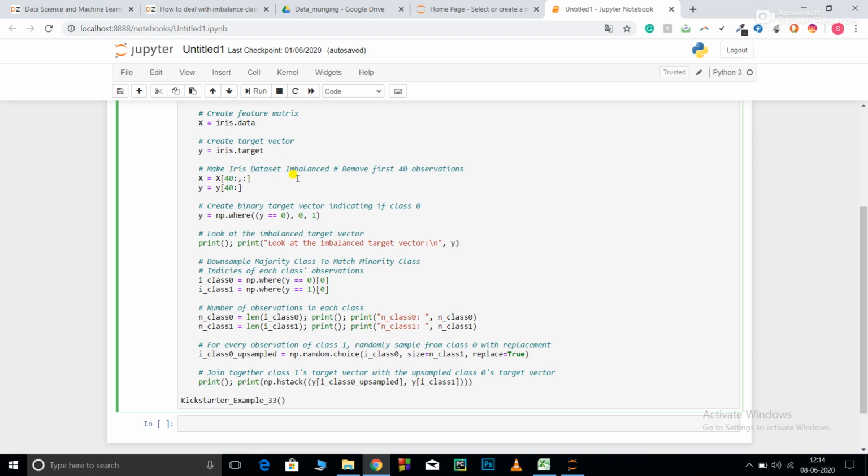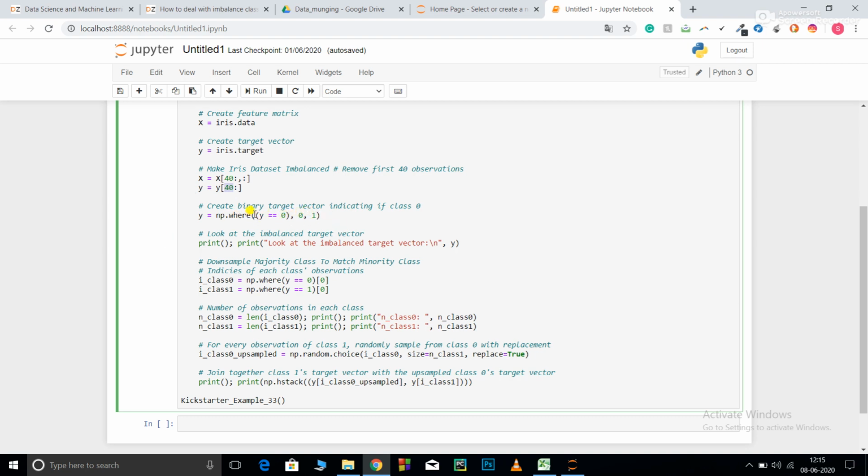Here I'm removing my first 40 observations: X[40:,:] means start selecting rows from number 40 till the end, and the colon stands for columns, that is, select all the columns. As I removed the first 40 observations from X, I'm also going to remove the first 40 observations in y.